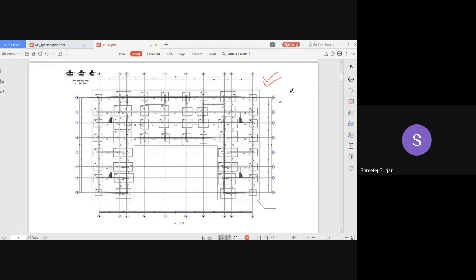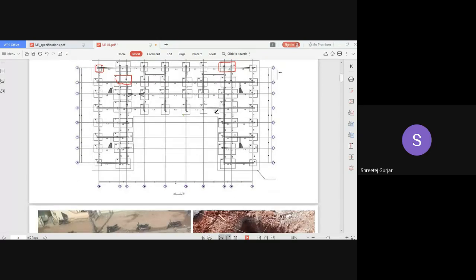Central line diagram, but to say specifically, this is the central line diagram of foundation or column footings. You can see these boxes. These are excavation pits that are required for each column. This is a combined footing for two columns, and here also we have a combined footing, and these all are isolated column footings. This is what you have to excavate. This diagram you will be having in your hand.